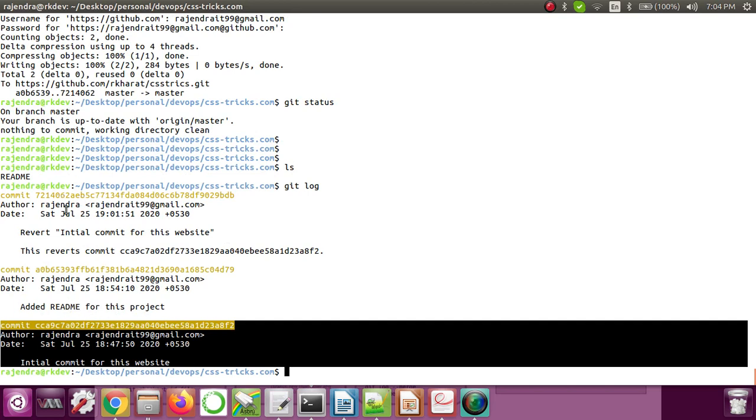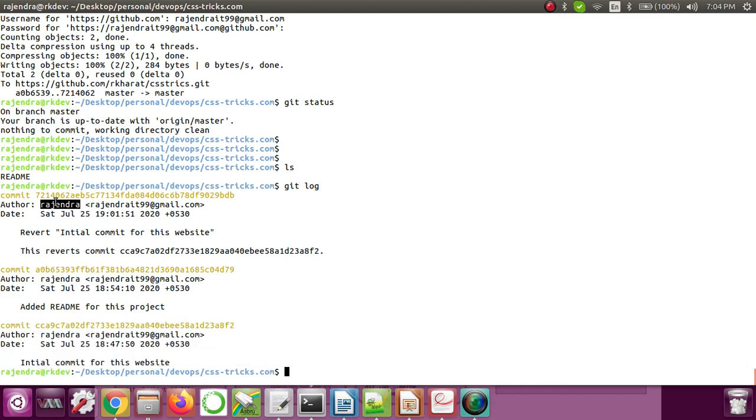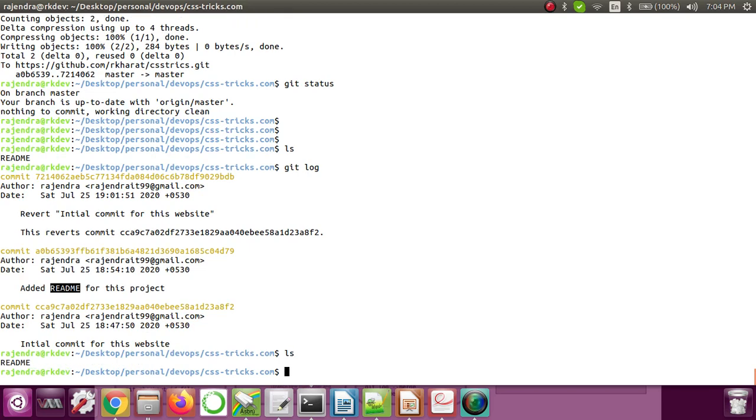But in the third commit, what I have done is I have reverted the changes I did for that first commit. All the website folders and code I added got deleted, so only the changes available in the second commit are there. That's why only the readme is there.